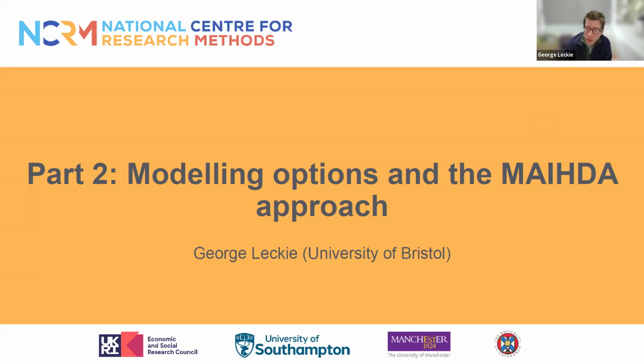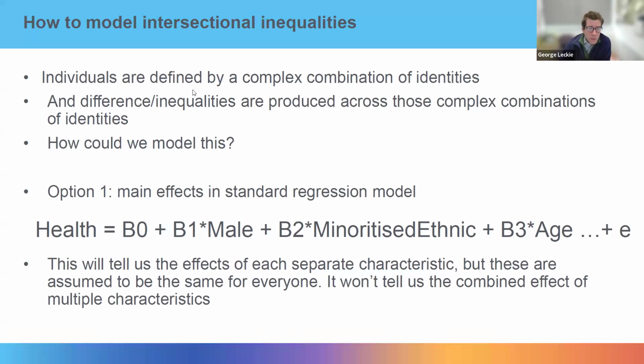So we're going to walk you through the actual statistical models underlying the MAIHDA approach here. And we're going to contrast that with some simpler linear regression-based approaches. So let's get going. Remember, what we're really interested in is how individuals' outcomes vary across intersections, where these intersections are defined by combinations of individuals' social identities, maybe gender, maybe ethnicity, maybe social class, and